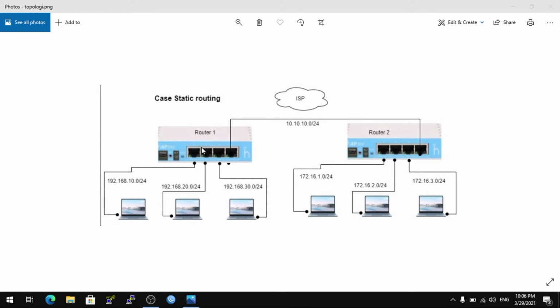This is router 1. The interface ether 1 uses network 192.168.10.0/24, interface ether 2 uses network 192.168.20.0/24, and interface ether 3 uses network 192.168.30.0/24. This is interface ether 4, which connects to router 2 using IP network